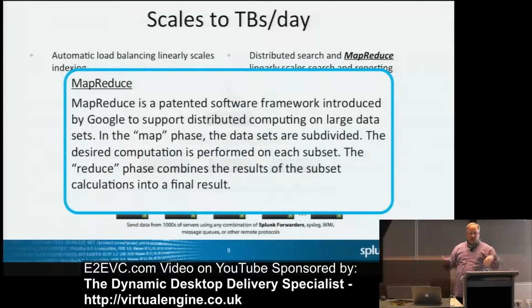Does that make sense? So if I have 1,000 servers, that's 1,000 places where I can thread that search out, and then they can all start sending their data to me, right? So my dashboards will start populating immediately, and then they'll backfill as the data starts coming in. Does that make sense? Yep.